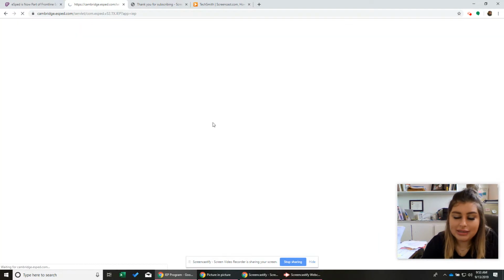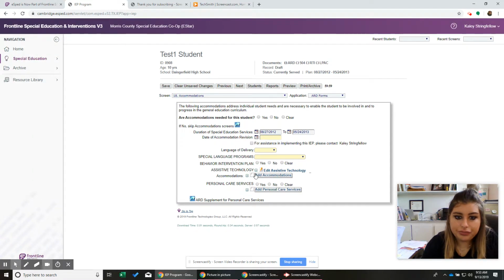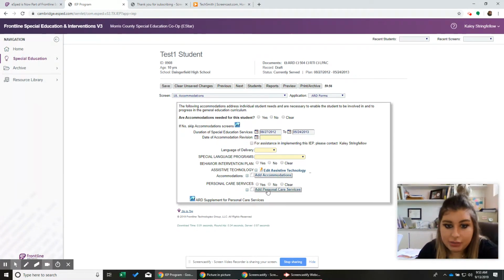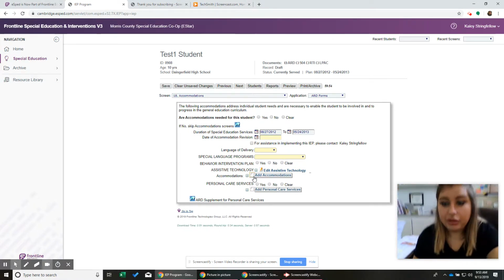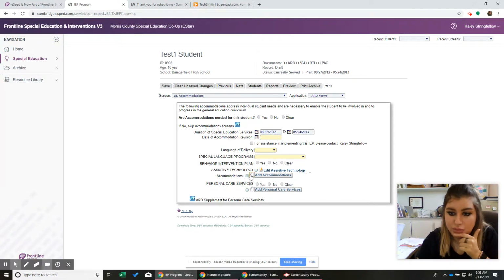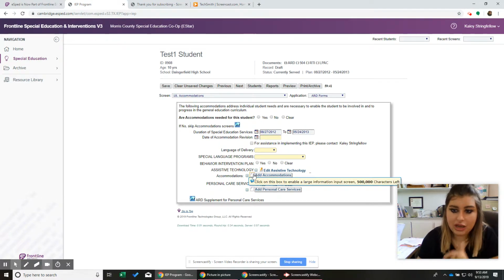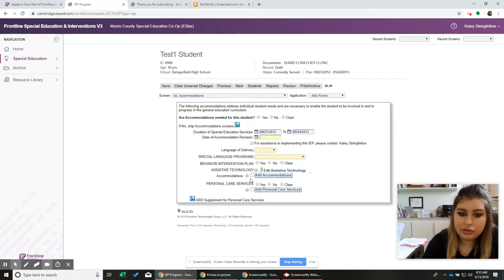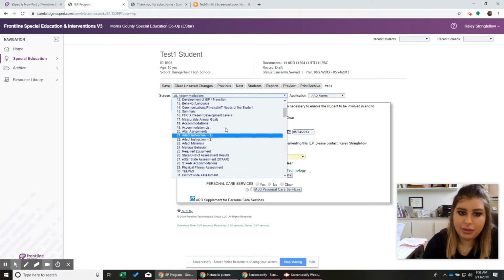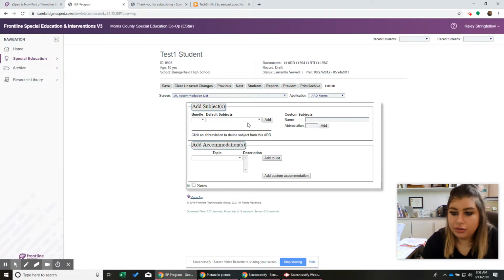Okay, accommodations. So I'll edit this page, and I know that we've been putting accommodations in this box, but we're changing how we're doing this, so no longer put them here. Because remember, a lot of times it's not clear and it gets forgotten, and then it changes and those remain. It's just not clean. So we're going to put them here on page 19.